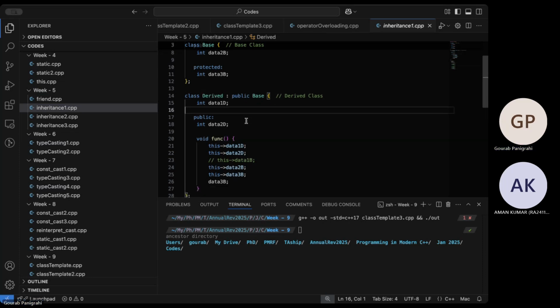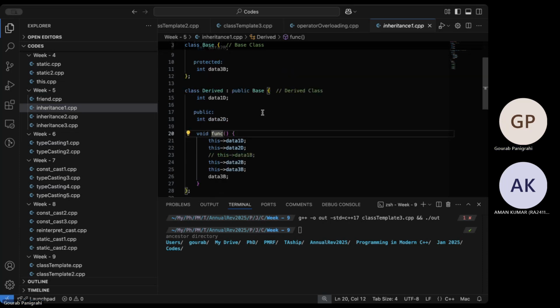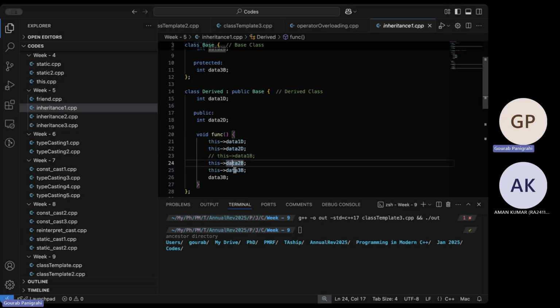Data 1d is private, I have not written anything, so it is private. Data 2d is public. And there is a function func where I'm using this operator. What this operator will explicitly do is access these data members, data 1d, 2d, 1b, 2b, 3b, and so on. You just access them.